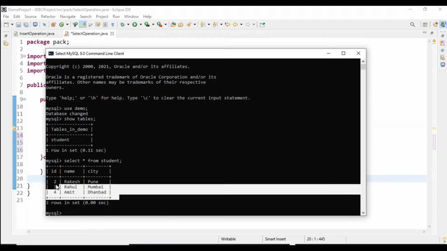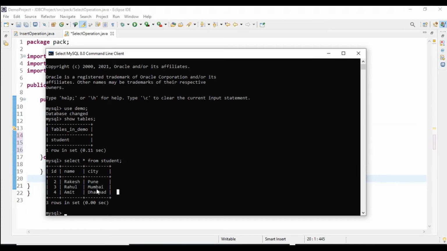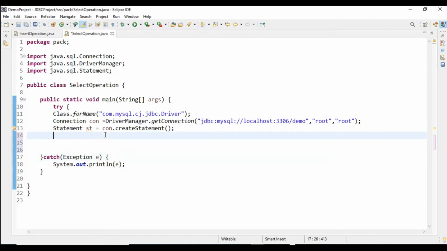But this data we are getting using MySQL. Now I want to retrieve the same data from our JDBC code. For that, which method do we have to call? This is the statement object. For retrieving data from the table, we are going to use the executeQuery method.